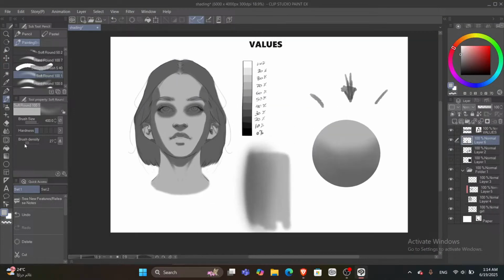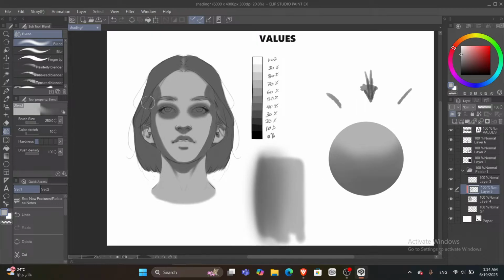Let's go back here. Now I'm going to use a blending brush, as you see in here. I'm going from the dark to the light. Going from the dark to the light. Alright guys,